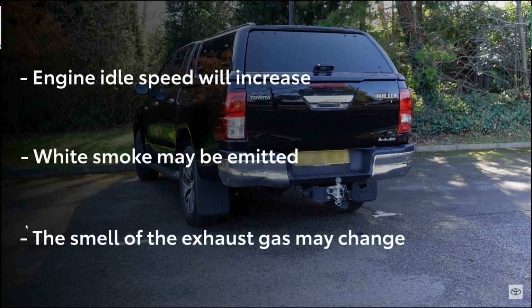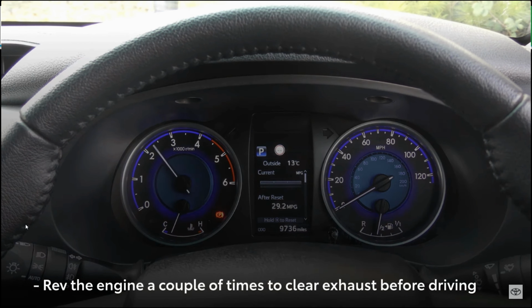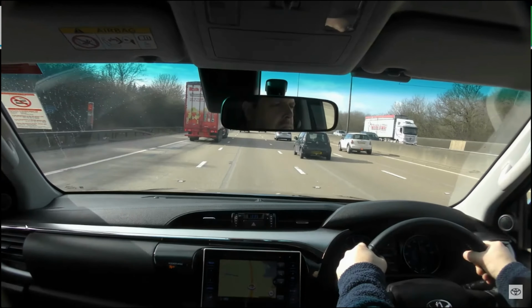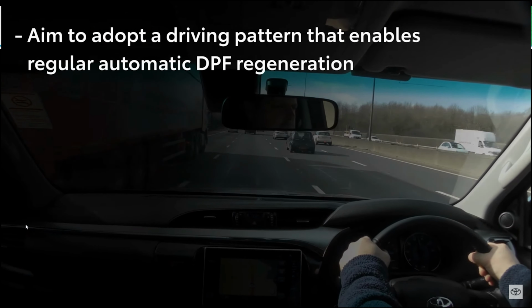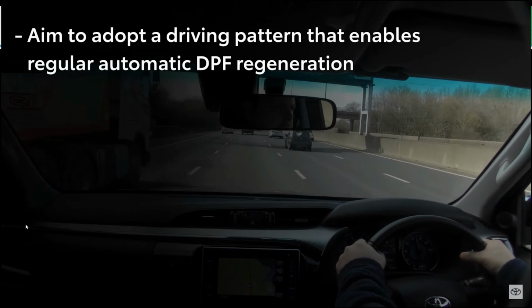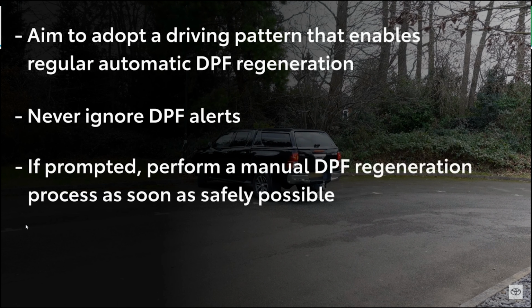So now we will understand what are the types of DPF regeneration. There are two main types of DPF regeneration as we discussed earlier, that is passive and active. However, DPF regeneration can also be performed manually using a scan tool. Passive DPF regeneration occurs naturally during normal driving conditions when the temperature of exhaust gases is high enough to burn off the particulate matter. However, this process is not always effective, especially for vehicles that are used for short trips or in cold